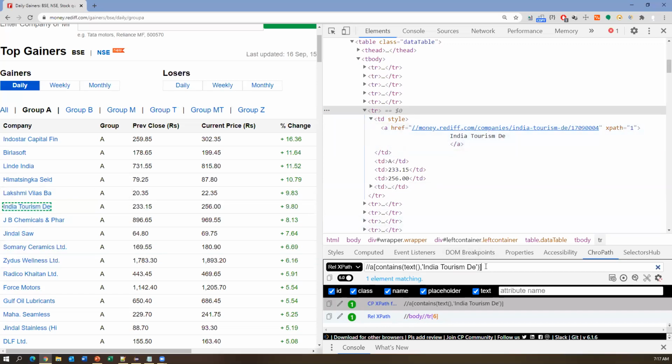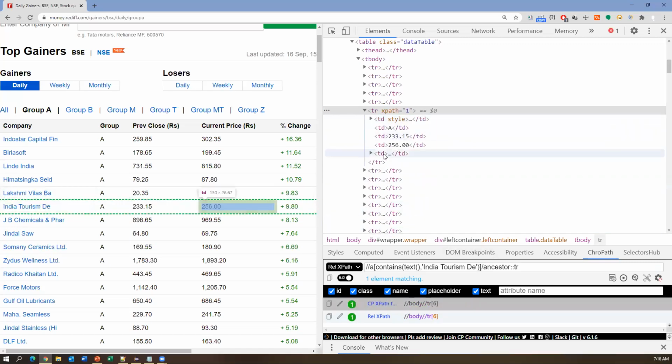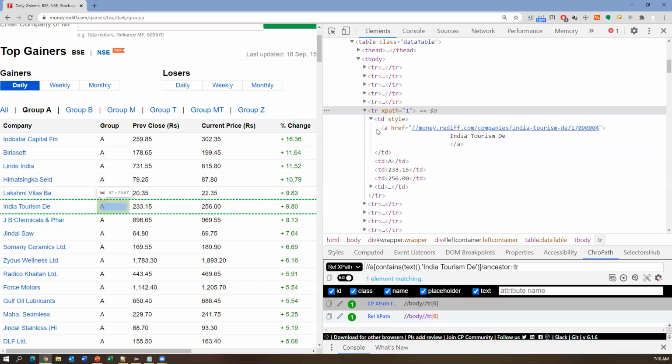How to go to this ancestor tag? Again, we say slash ancestor colon TR. Now we went to the ancestor node. From this ancestor node, these are all the child nodes, and we need to get the descendants, not just the child nodes. These all become the descendants. Inside the TD we also have anchor tags, so this also comes under descendant.